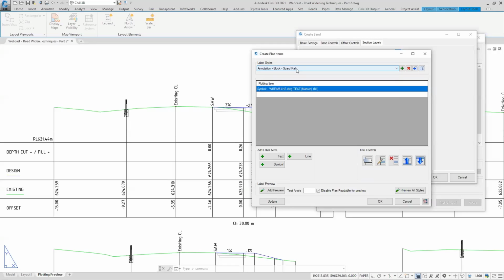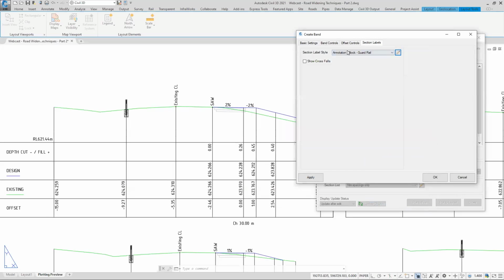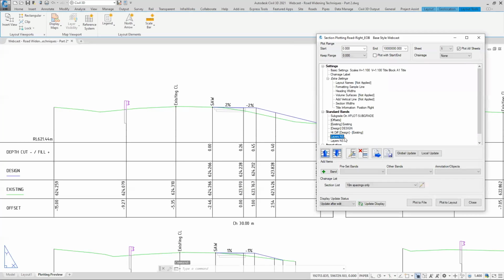Taken something that's already there, replace the block with one that I want, and we click OK and change it to guardrail. Let's have a quick look. I love the plug and play sort of option here where we can just see how it looks, and there it goes. Now, we've taken a similar approach for the existing centerline here. So this is also using layers and tagged objects. As you can see down here, layers and tagged objects. If I double click on that entry, we have,